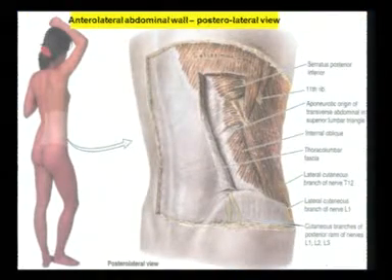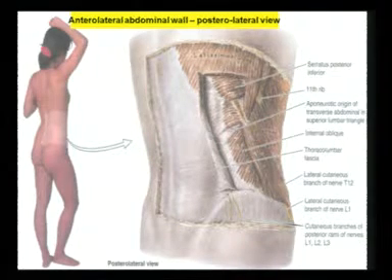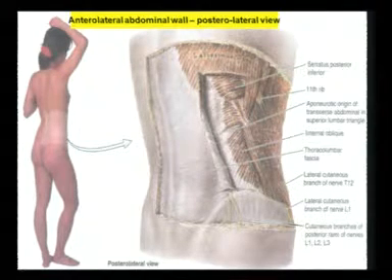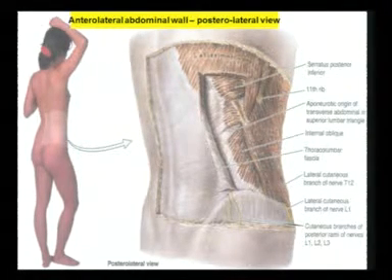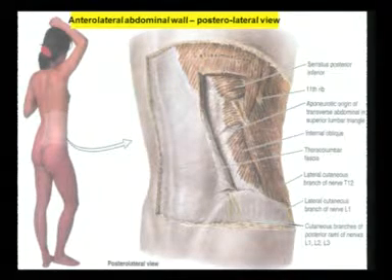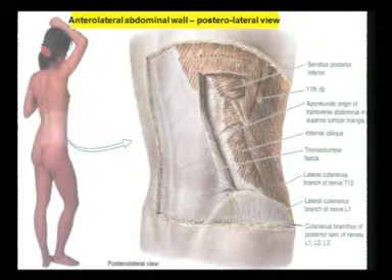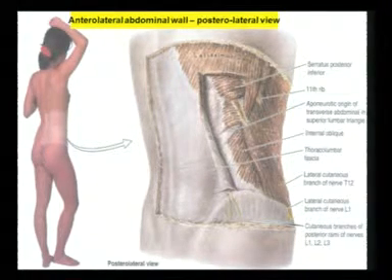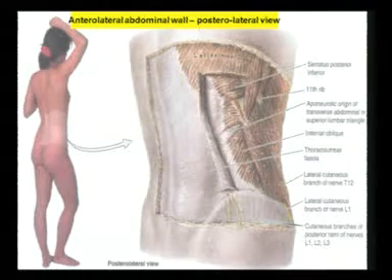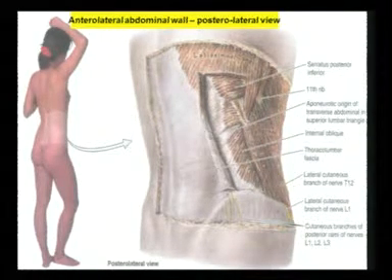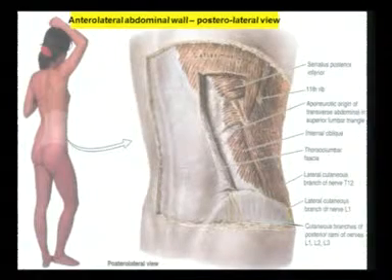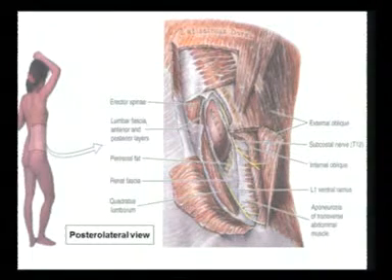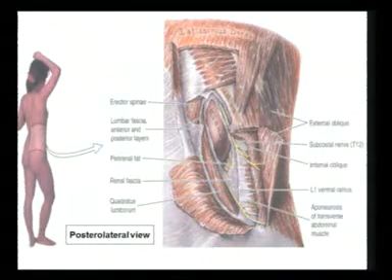This is an important slide because when we give the block at L4 level, we miss the posterior rami of T12, L1 and L2. Those branches are given off posteriorly, so they will not be blocked by the lumbar paravertebral block. They have to be blocked separately at the level of the iliac crest. From the highest point of the iliac crest, just 5 centimeter posteriorly, inject subcutaneously over the iliac crest, and you can do hip surgeries comfortably. This is just to give an idea of how the ventral rami of L1 go close to the iliac crest anteriorly.